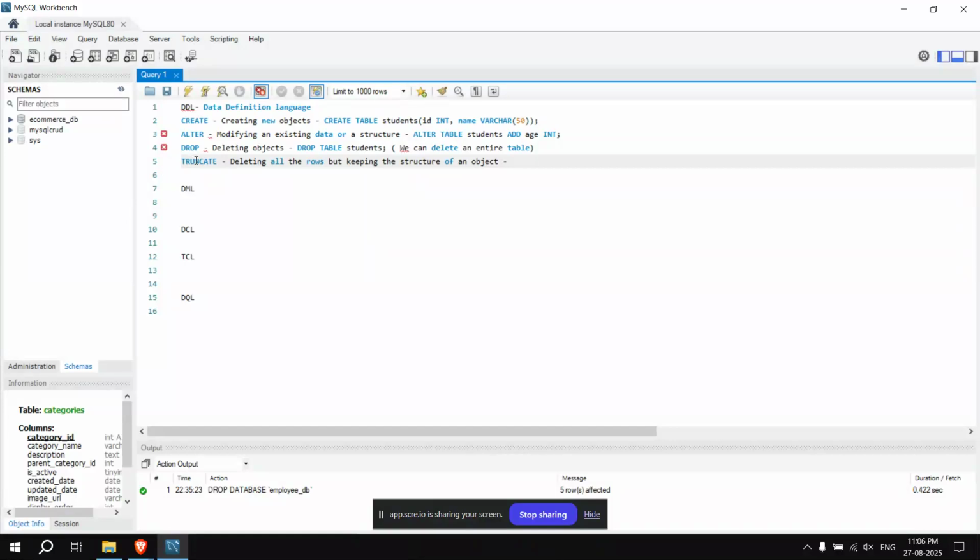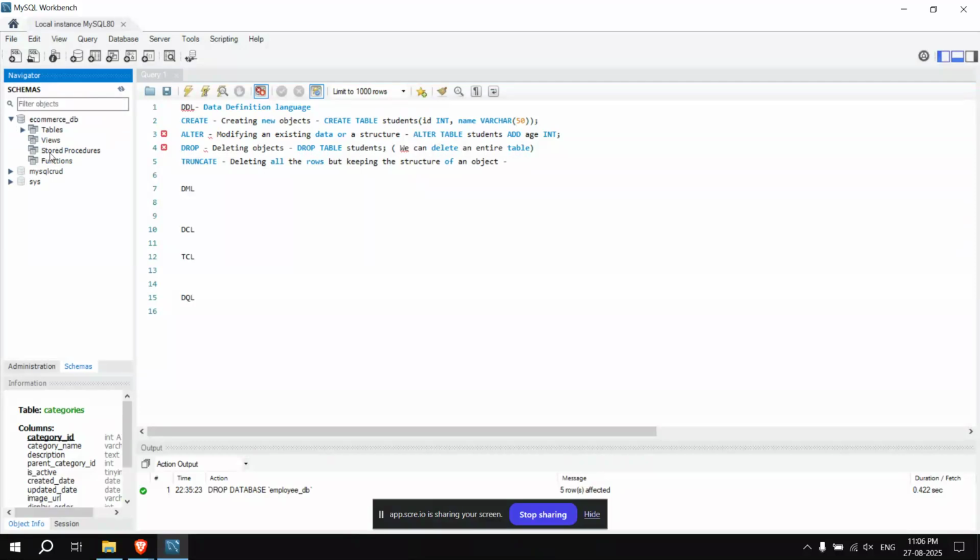But it means that table will be left blank. As you can see, this is a database, and there are tables: category table, customer table, order details, orders, and product table.